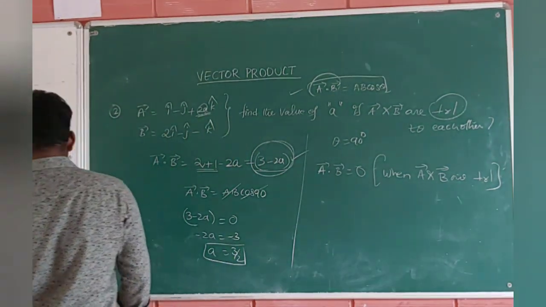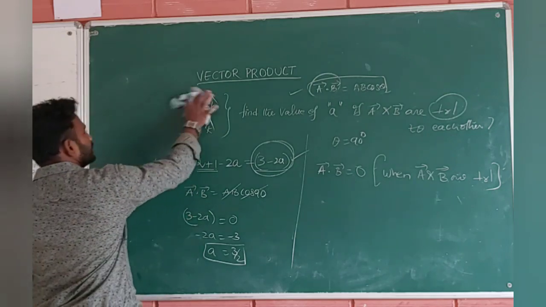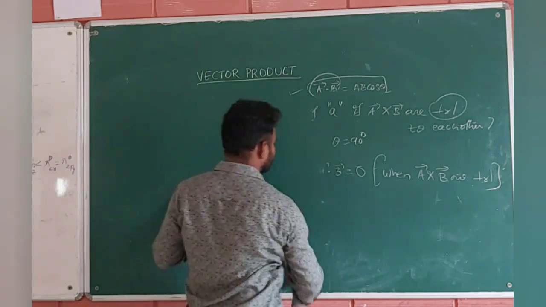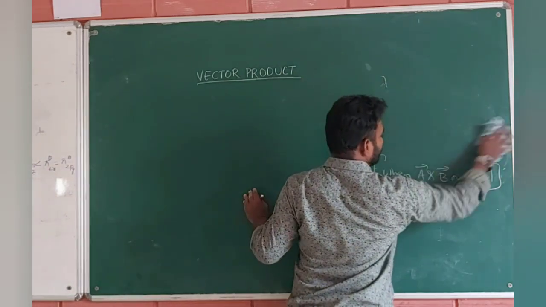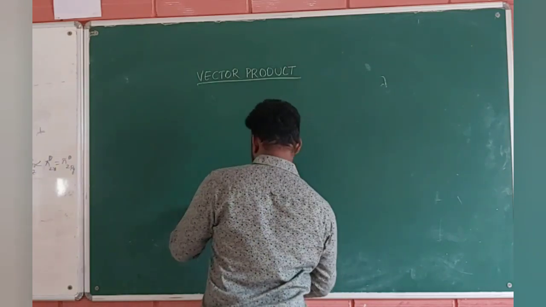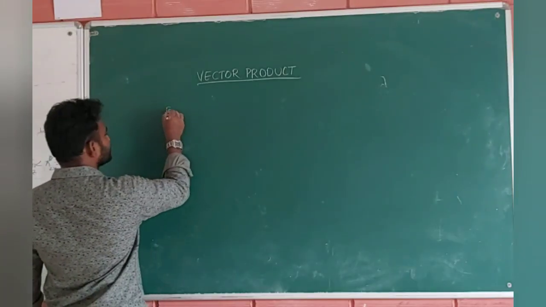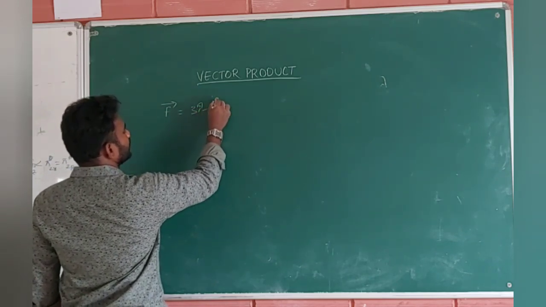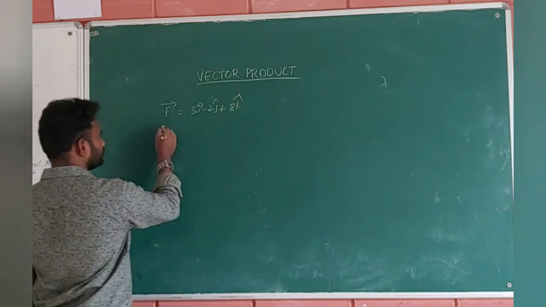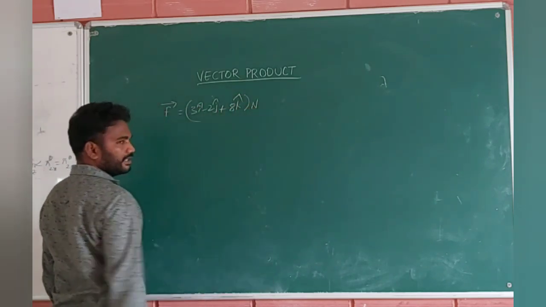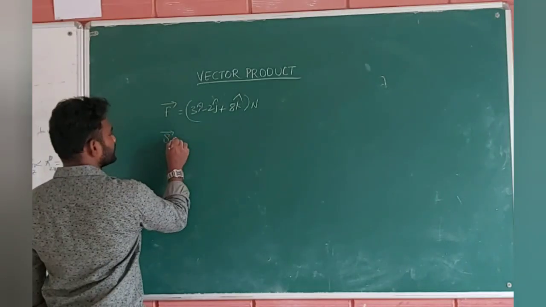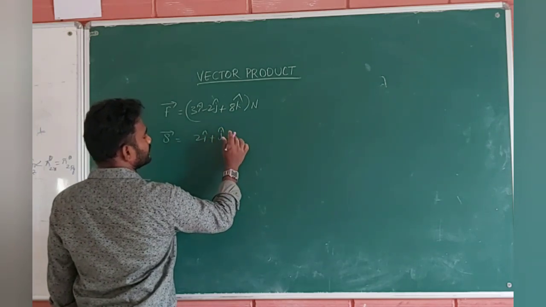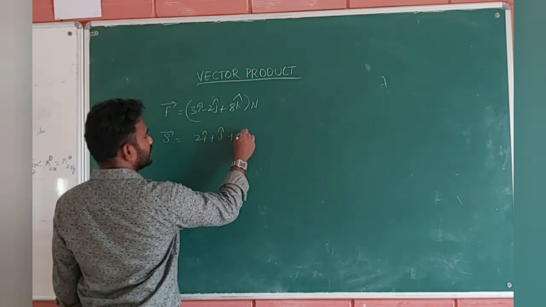And one more application, one more question I will give. Make a note of this, guys. A very simple and interesting problem which will be helpful for you in the work, power, energy concept also. So let me do this last problem, then I'll go for cross product. Yes, listen guys here. Let me consider force is given by 3 i cap minus 2 j cap plus 8 k cap newtons. Many times they have given this kind of problem, guys. Displacement is given by 2 i cap plus j cap minus, not plus, 3 k cap.